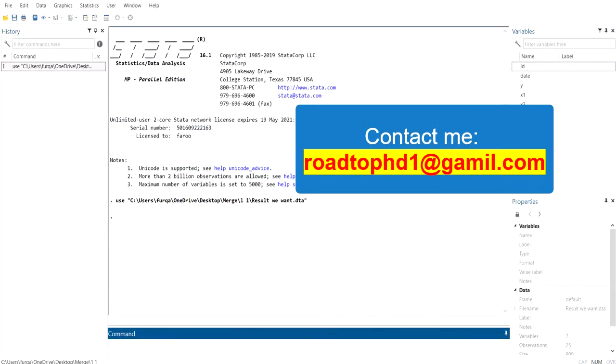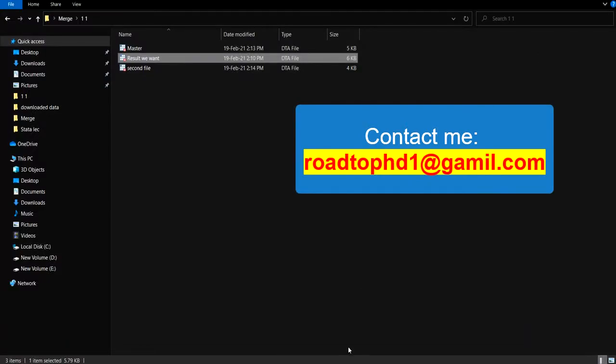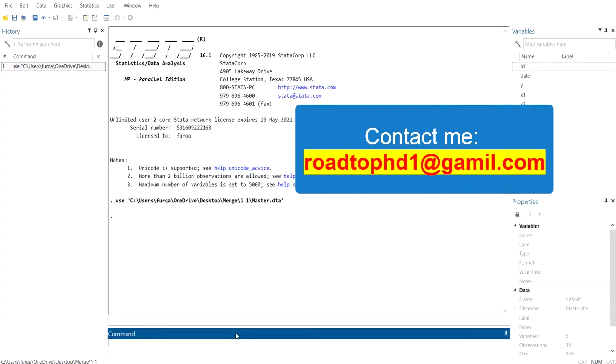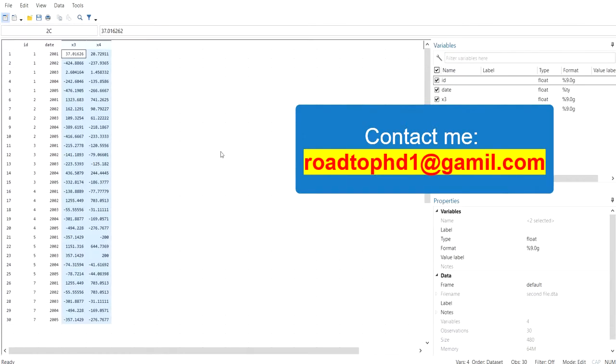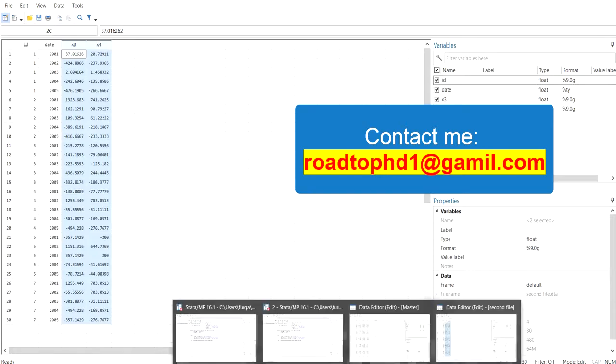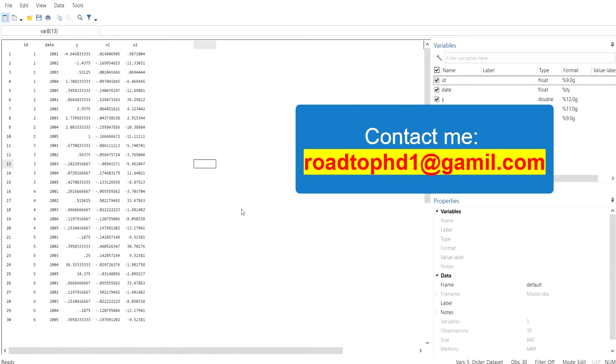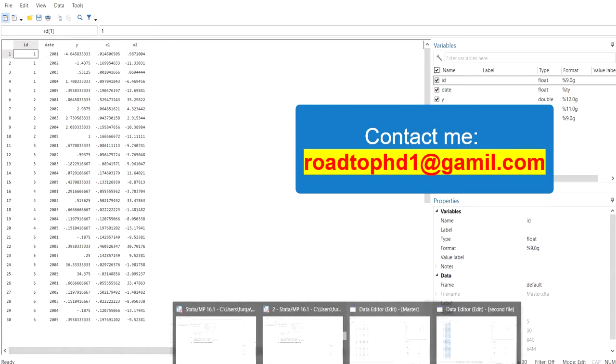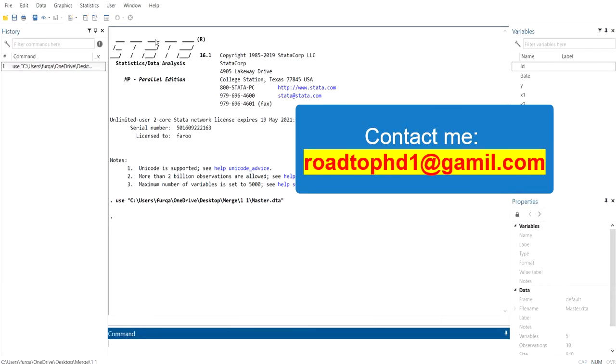But how can we get this? First of all, we will go to the master file. We cannot simply copy x3 and x4 into the master file. Why? Because we want to match the id and dates as well. So how can you do that? Go to the master file,